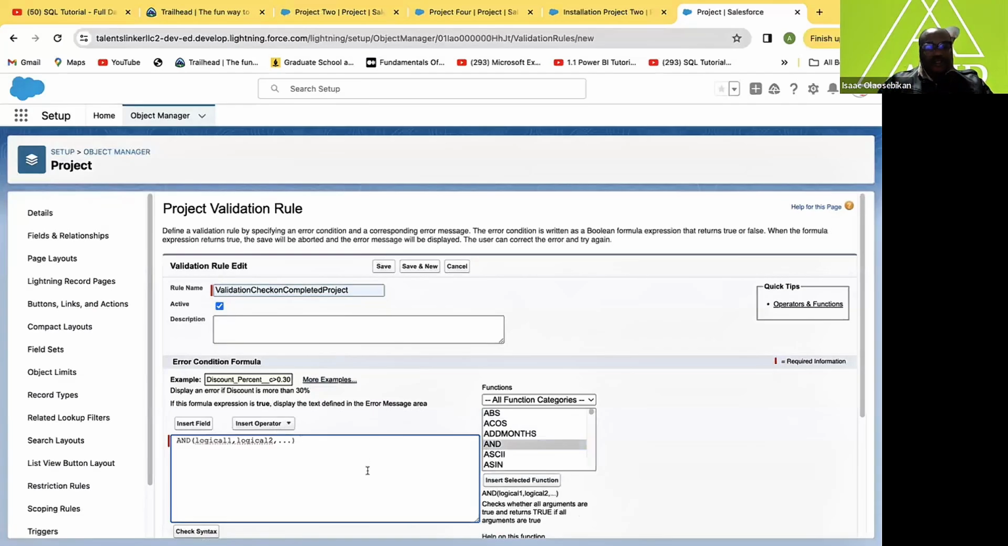Now I have two logics here. One to say the pick value for a project. That's the first logical value. Let me put this down, and move it to the middle. Enter. Now, what I'm trying to say is that